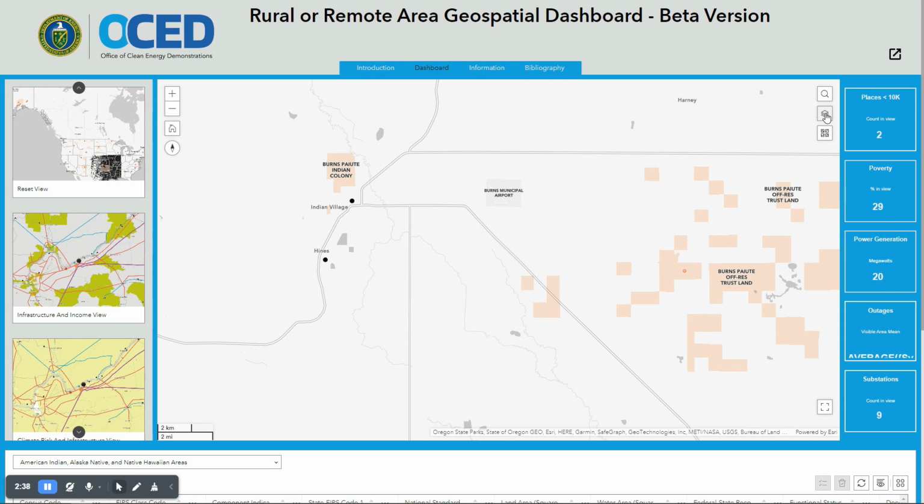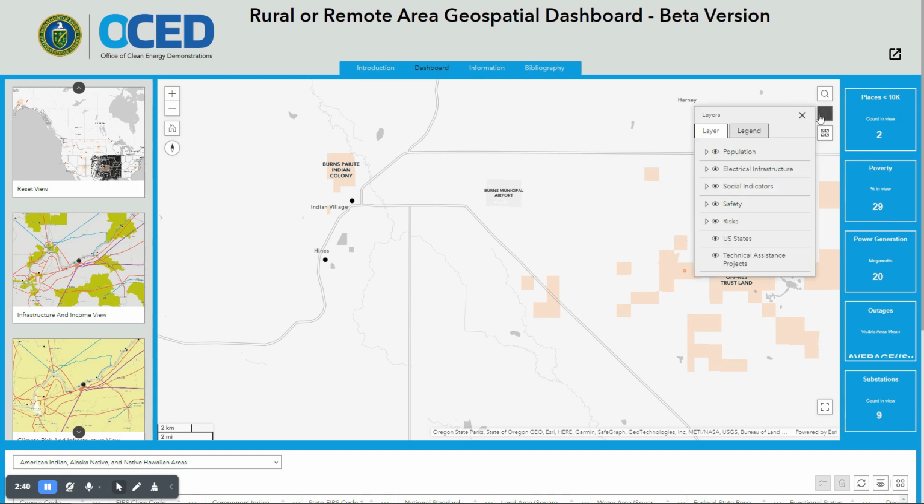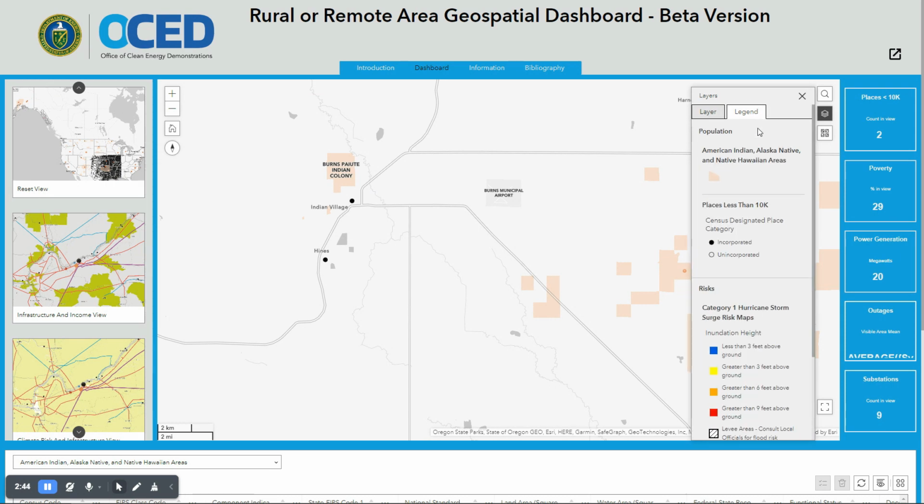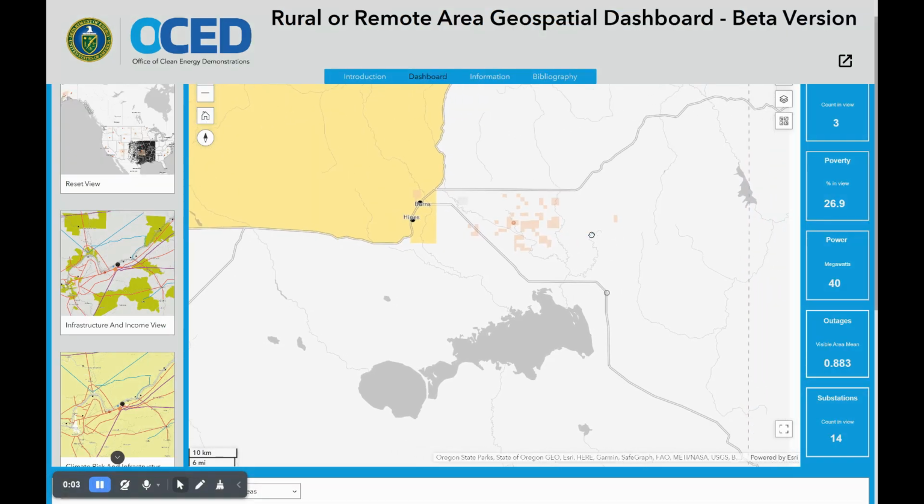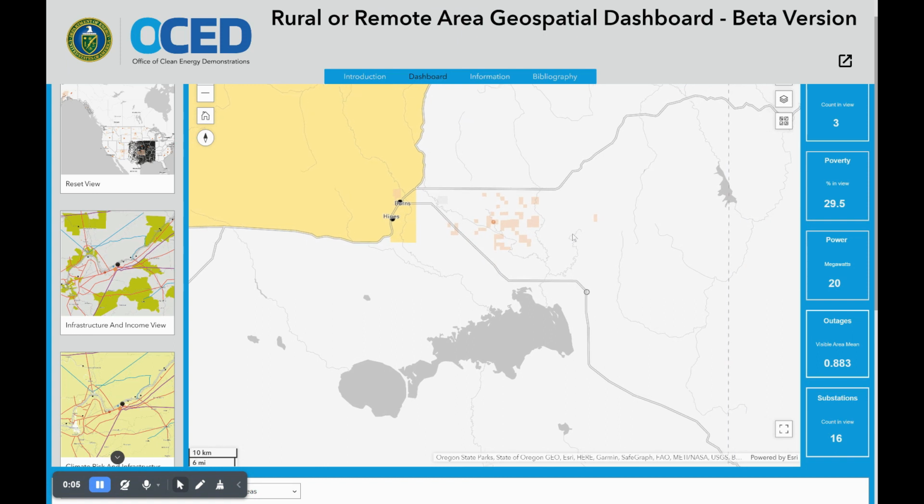The layers tool gives you an indication of what layers are available and how to read the legend for the layers that are shown on the map. Going back to our default view of the Burns area in eastern Oregon,